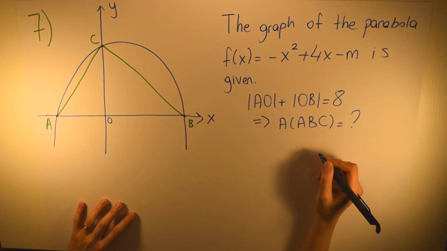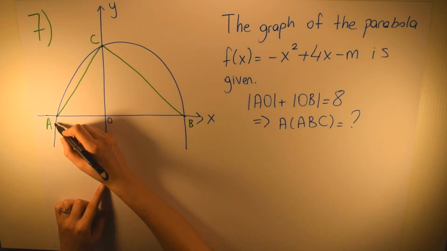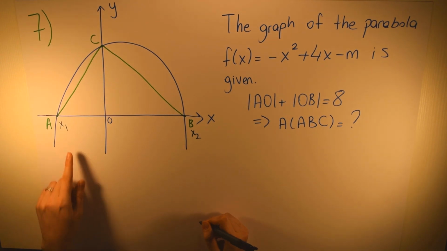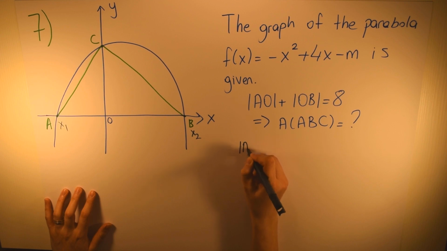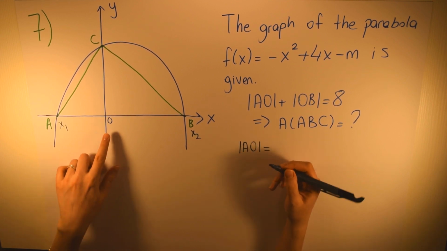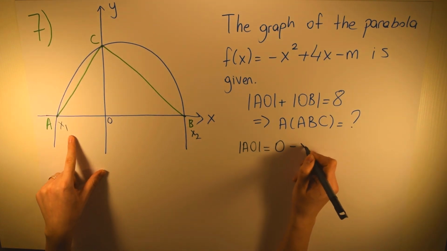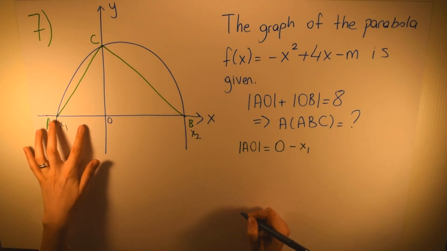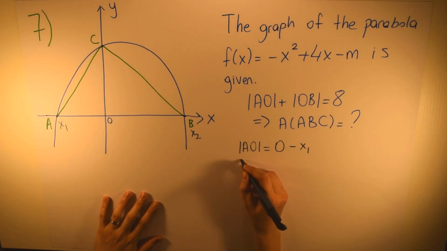So first let's look at what we have here. If we say these are the roots of our equation, right? So if we say here x1 and here x2, okay, so the length of AO is equal to 0 minus x1, because here is this point 0, right? 0 minus x1 is the length of this AO. So the length of OB